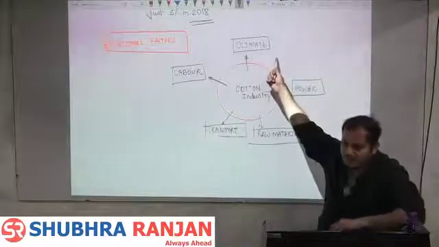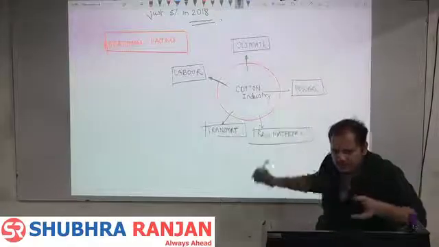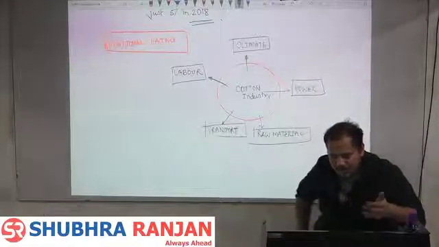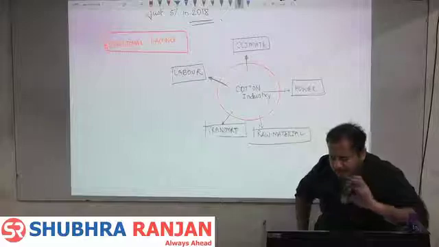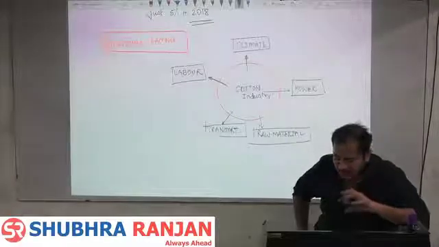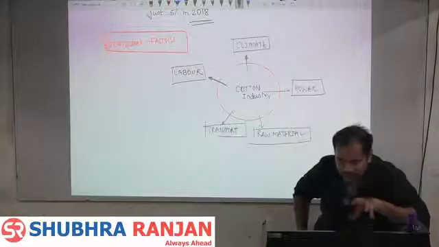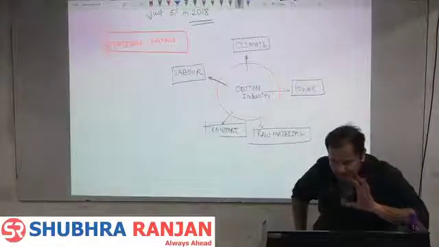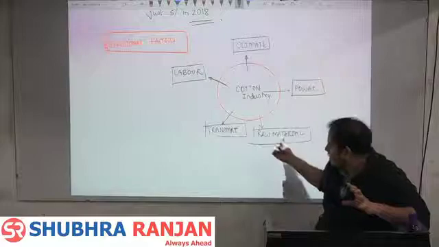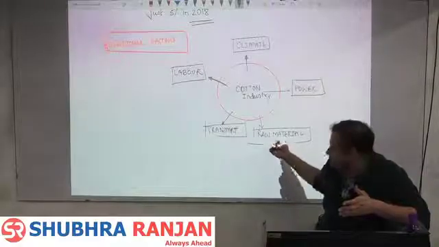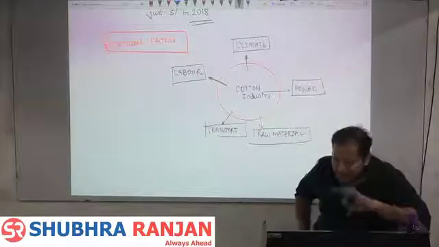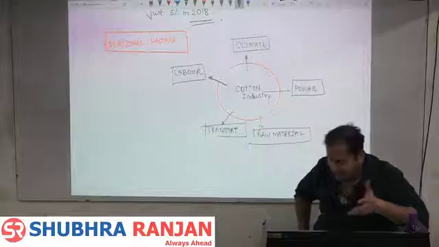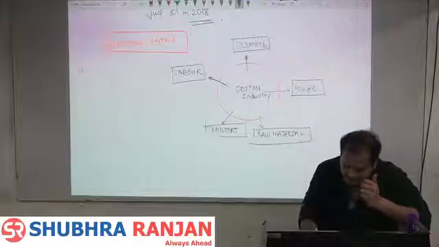Climate, hot and humid climate. Transport, along the lines of transportation. किसके लिए? Market के लिए भी and raw material के लिए भी. So they are best developed in the regions which are bigger cities, because bigger cities are connected to the hinterland with the raw materials, with the railway and roadways. Raw material is black cotton soil वाला region, and labor skill cities के आसपास हमेशा labor मिलेगा ही. Fine.